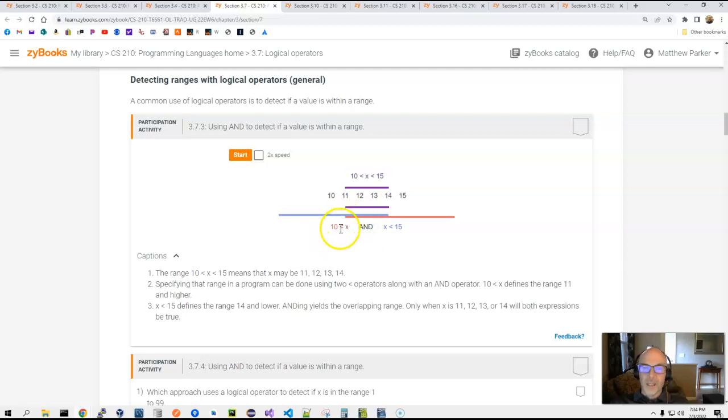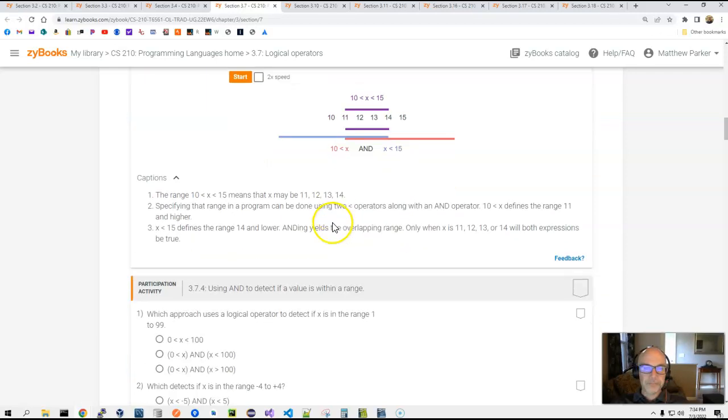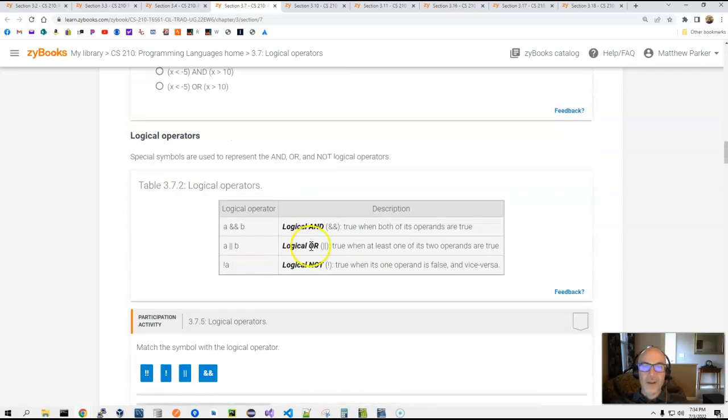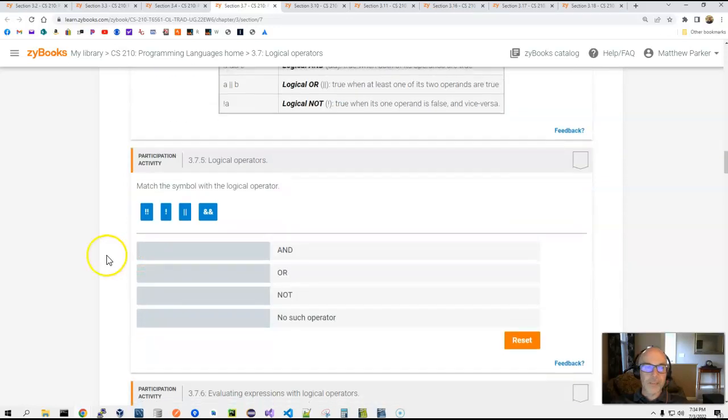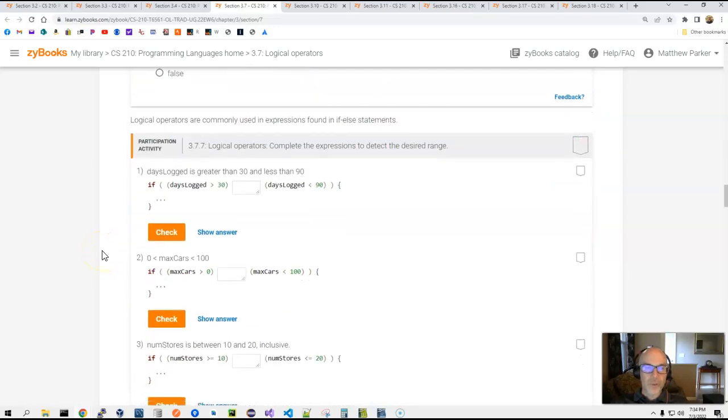So x greater than 10 and x being less than 15. You have to do both of these inequality statements separately. A common mistake new programmers make is they'll say 10 less than x less than 15, and that is not going to work. And then again, if I wanted to check if any condition was true, we would use the or operator with the double pipe. And so if I scroll down,